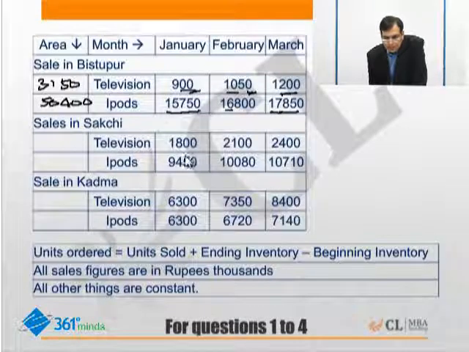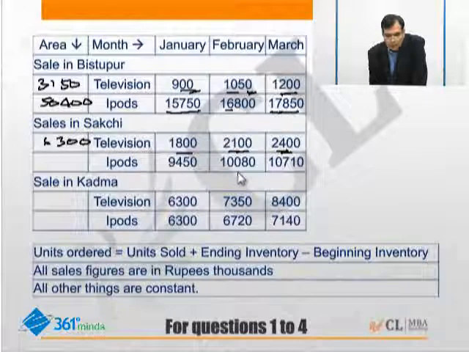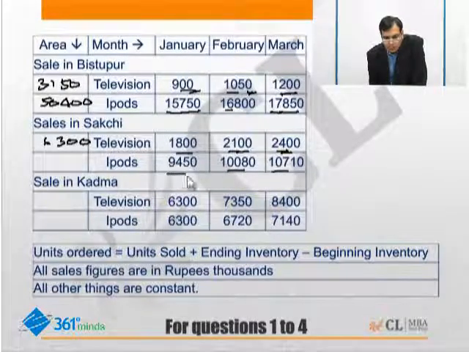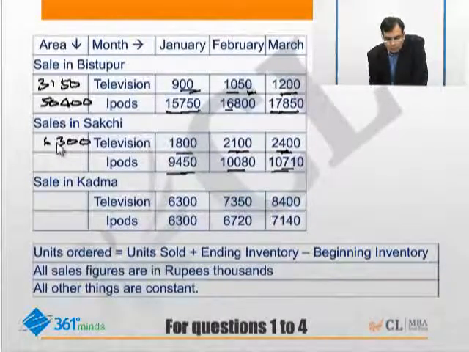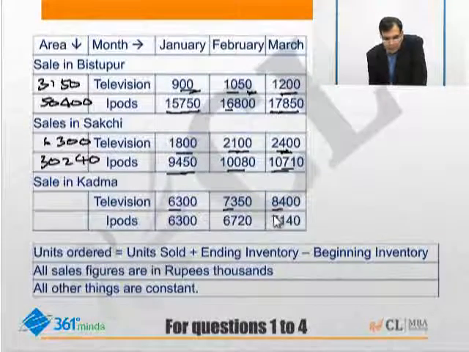Okay. Third question, then we come to Sakshi. 1800 plus 21 plus 24. 21 plus 24 is 45. Another 2000 to be added to it. 4500 plus 1800 will be 6300, minus 200, so that makes it 6300. 10,000, 10,000, 29,000, 29,450, 30,450, it will add up to 30,240. Okay. Television 6, 7, 12, 13 and 8, 7, 3, 21, 21,650, 22,050.